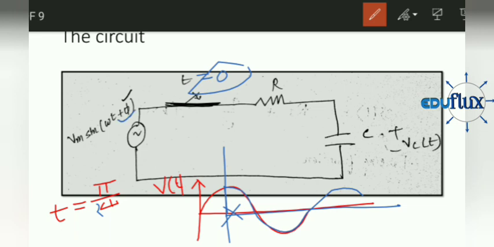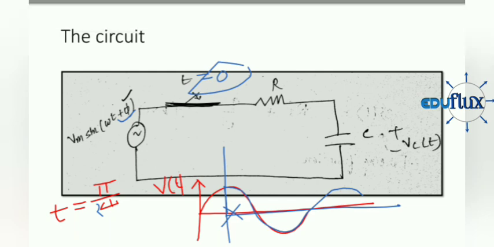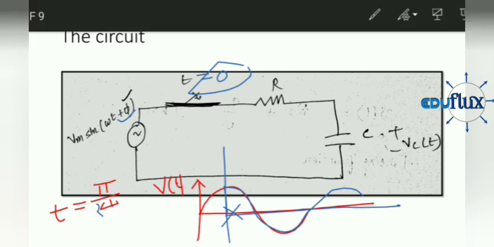In our question it is given only sine omega t, but we are adding this phi so that we can incorporate the effect of this switching time. That is, we are actually shifting it to the right hand side in the time axis, but to incorporate that, to write our equations freely, we are just writing sine omega t plus phi. Okay. Now we are going to find the voltage across the capacitor. Let's see how to find it.